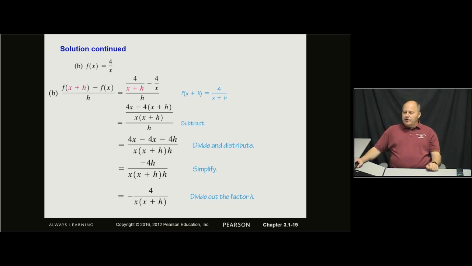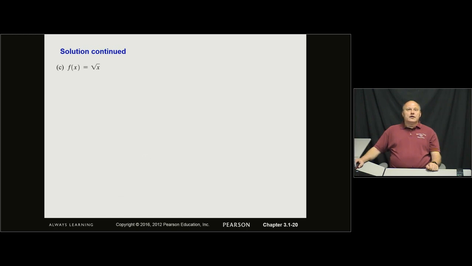Okay? And then our third one is f of x equals the square root of x. This is probably the toughest one of them all. And you're like, why is this one tougher than the rest of them? Well, it's because with the square root, in the simplification process, you're actually having to introduce something that's not in the problem to begin with. And that's always bad news when that happens. It's a procedure that you do. It's what we call,